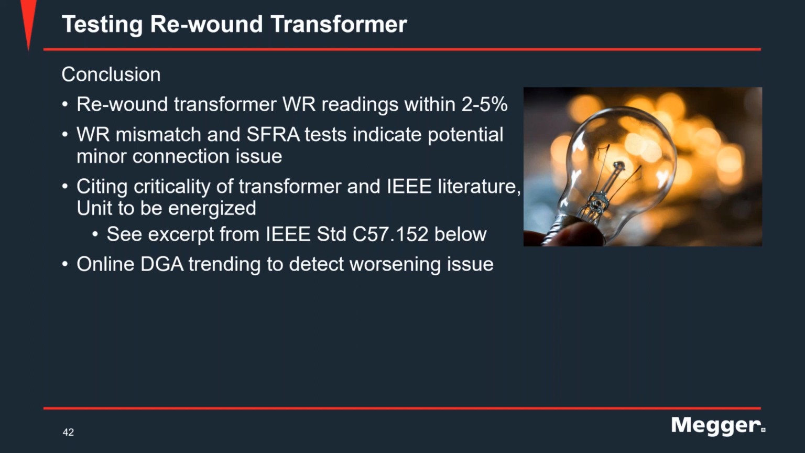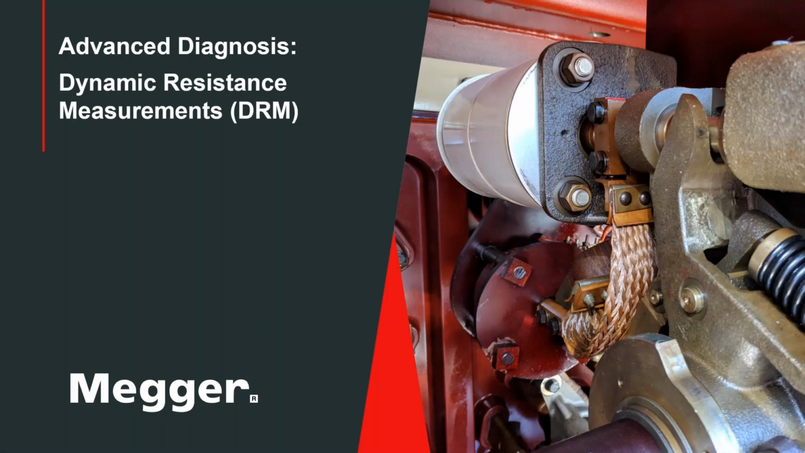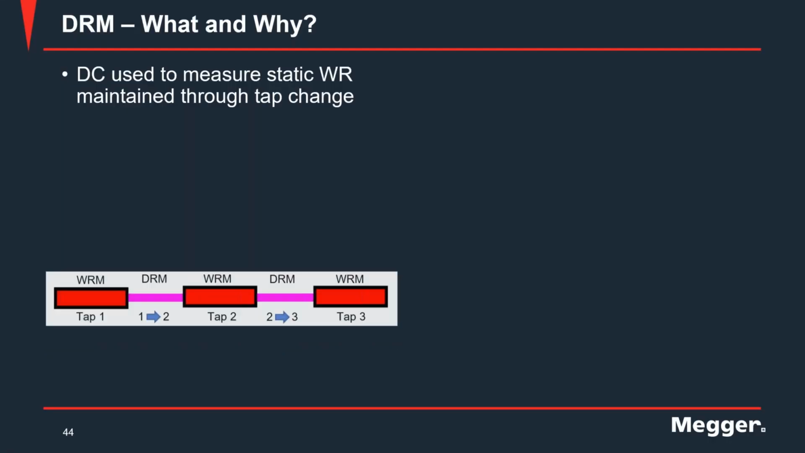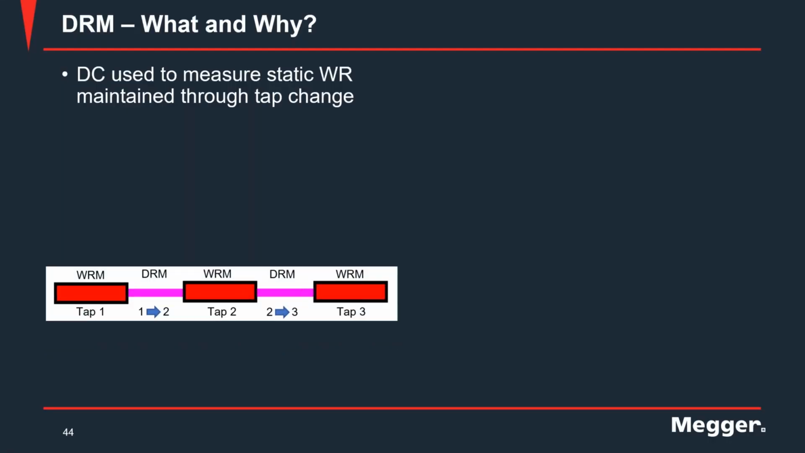So with that, I would like to leave you with our last topic of discussion today, which is advanced diagnosis that involves dynamic resistance measurements, or DRM. So what is DRM and why do we want to do it? We know that direct current is used to measure static winding resistances. And in the dynamic resistance measurement, this DC is maintained as taps are changed through